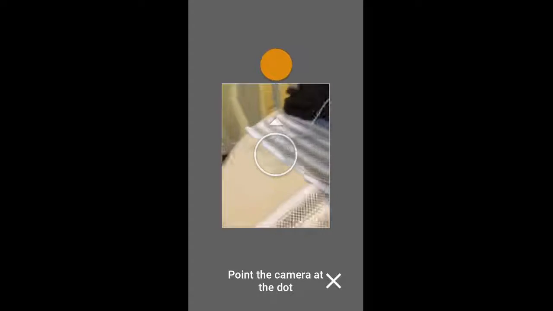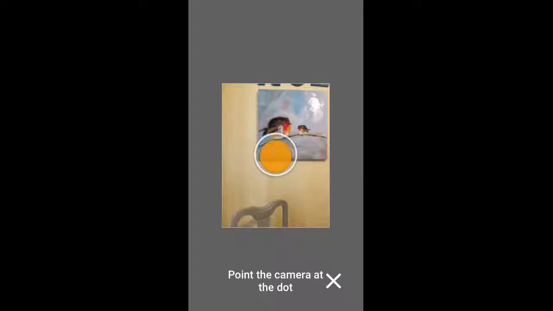Now the goal is to center the circle around the orange dot, and when you do, it's going to automatically take it. And notice that when I did that image, it gave me an orange dot on every side of the picture. So now I'm going to go up and continue to center the circle in the orange dots. And the goal here would be to go all the way around and get an entire image